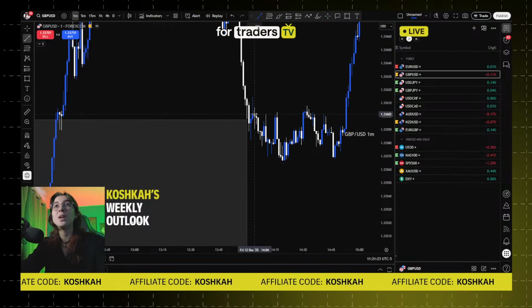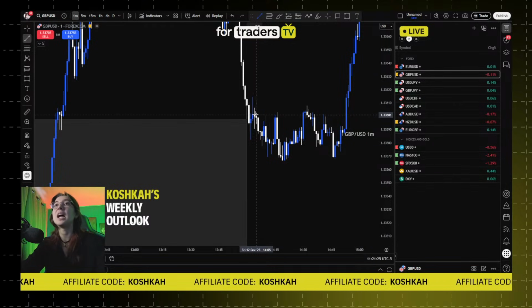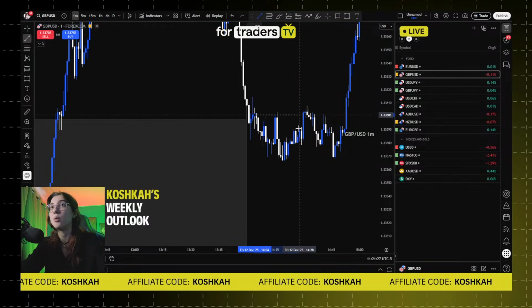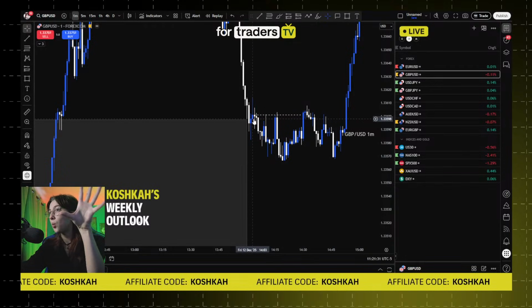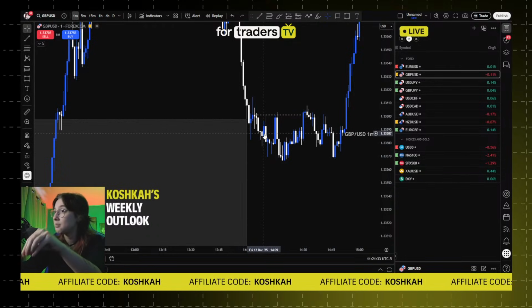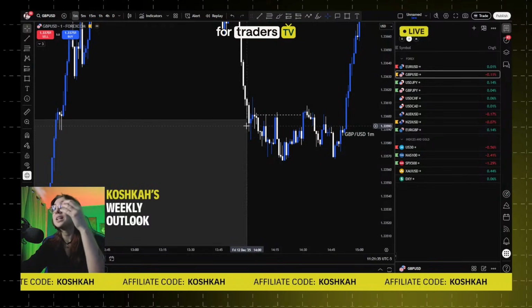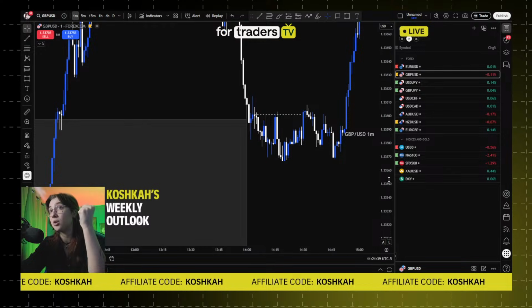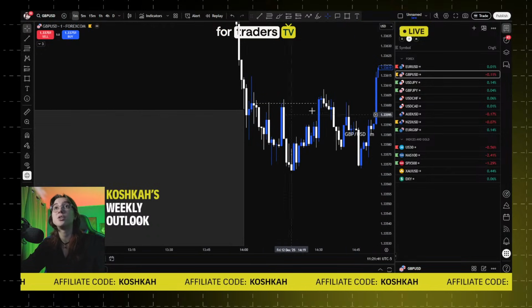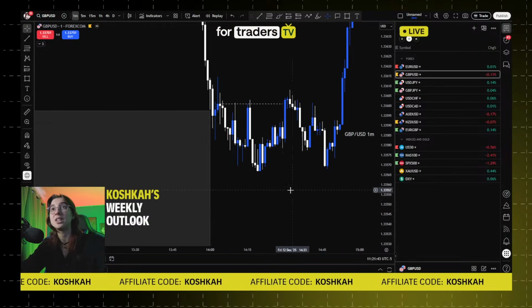In this case, we can do exactly the same thing as we did on a higher time frame, but now on a lower time frame. So we had the high time frame POI mitigation and then a 15-minute change of character. Now it's a 15-minute POI mitigation and a 1-minute change of character. So in this case, we got the little change of character exactly right here.